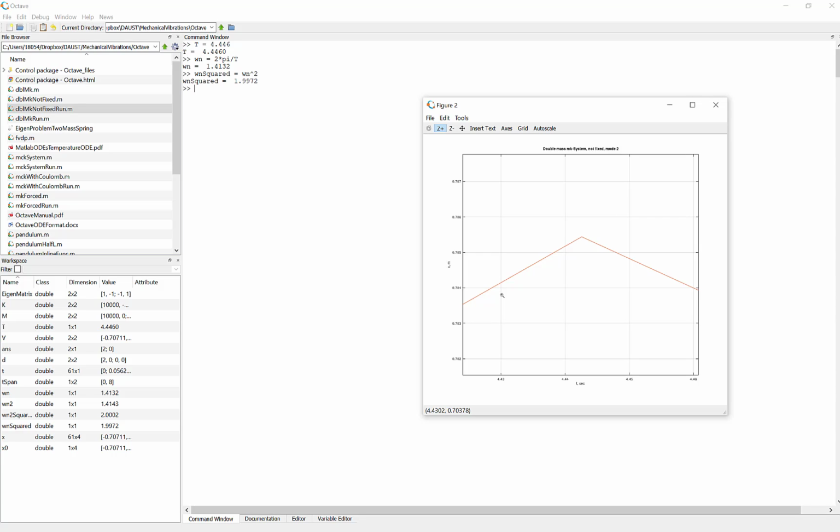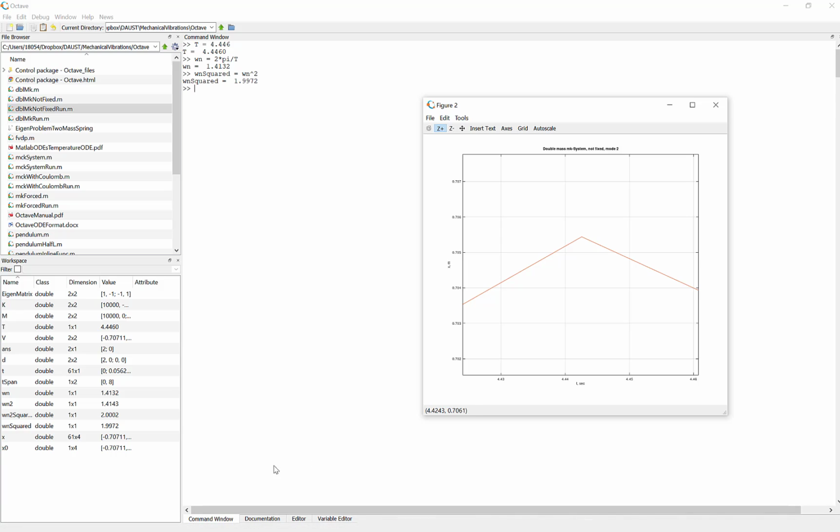All right, now something occurred to me that I thought would be good to do here. What we've seen is that if you give as initial conditions the mode shapes, then you won't excite anything but that mode. Now, if you give something besides the mode shapes, you will excite both modes. So what I'm going to do, and I haven't done this yet, so if it doesn't work, I apologize,